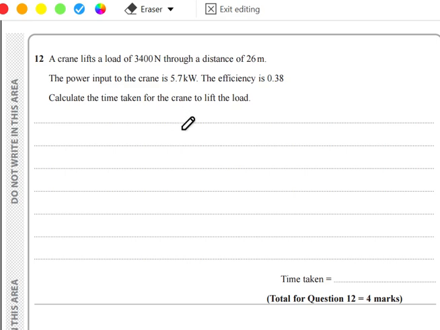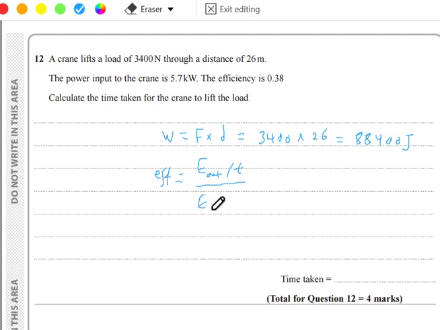Again, the useful output here is the work done on the load, which is, and as we have efficiency as total useful output power, which is output energy over time over total input energy, or power, which is energy over time again. So this is 0.38 E out